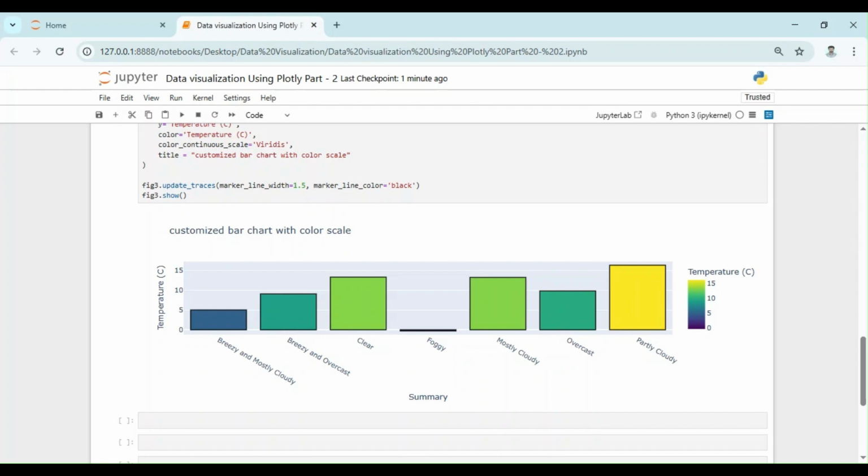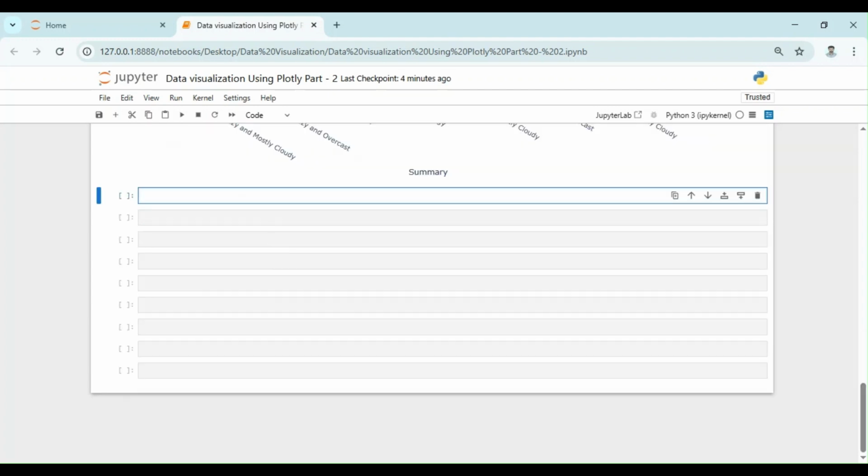In this video, we will explore two advanced types of bar charts: the animated bar charts and group and stack bar charts. And as we are using the same Jupyter notebook from the previous video, everything stays connected and easy to follow. Let's begin with the animated bar charts that show how the average temperature for each weather summary